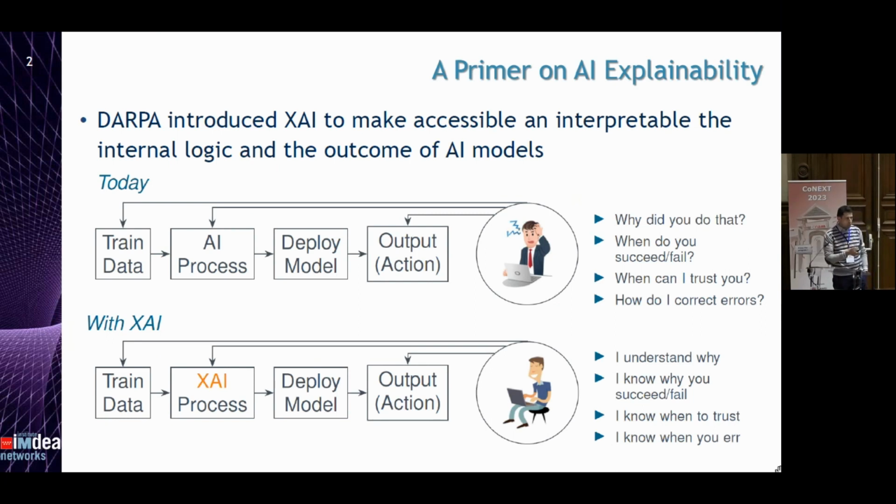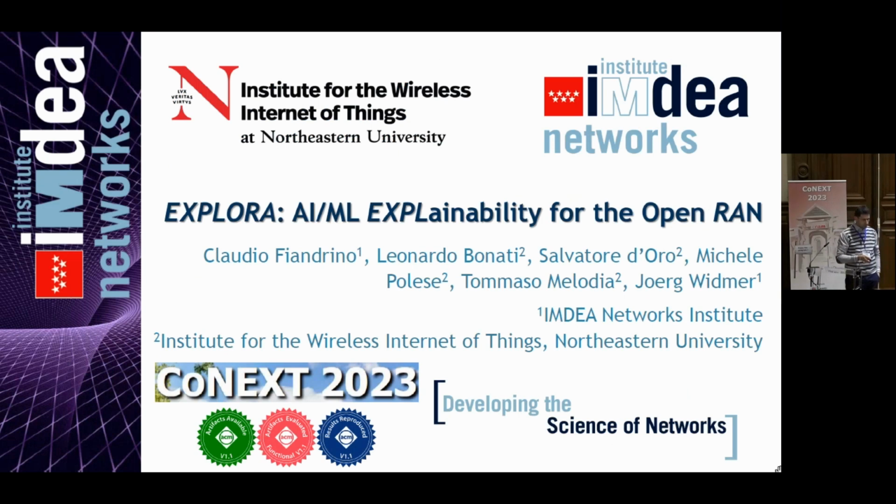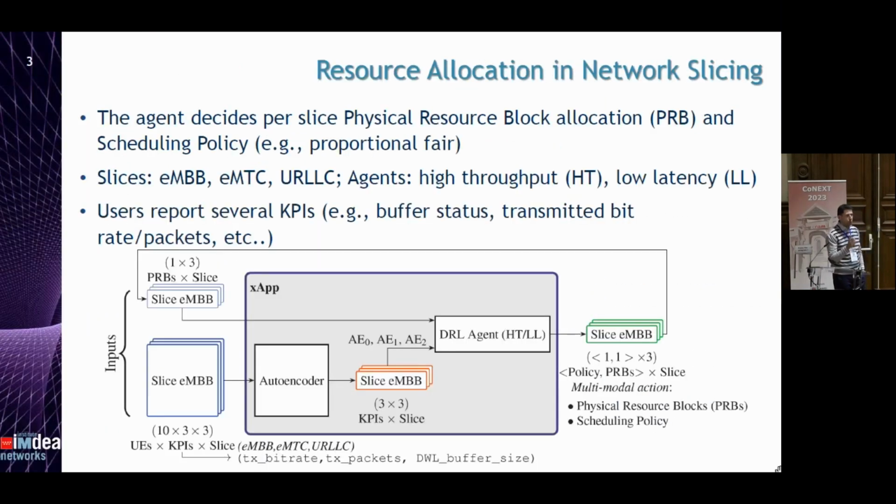So coming back to today's topic, this is about deep reinforcement learning. And basically with these agents, we take actions. We want to understand why they take certain actions and what is the effect on the network itself. So to set the stage, I want you to first understand which is the agent that we are dealing with.